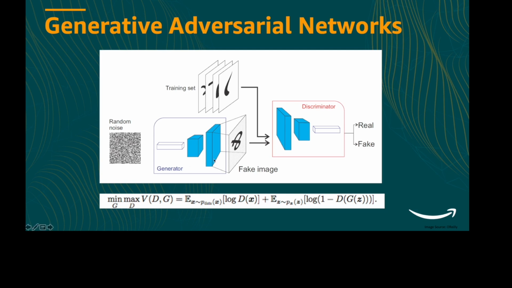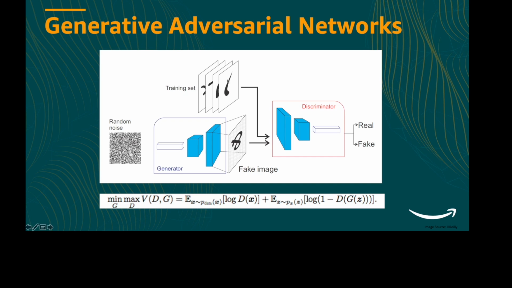Now let's see how we can make use of this idea to train GANs. As I explained, in the GAN we have two parties, a generator and a discriminator. The generator can be thought of as the criminal, the discriminator as the cop. Given an input, the discriminator will be trying to tell whether it is real or fake, and the generator is the network that will be trying to generate a sample which almost looks like a real sample. So for example, consider a network which generates an image.